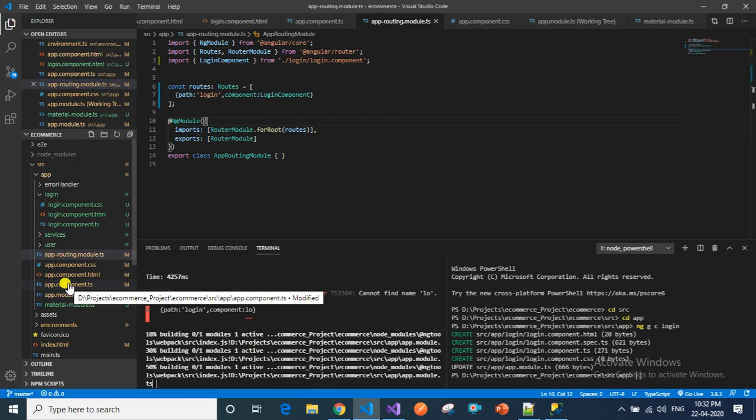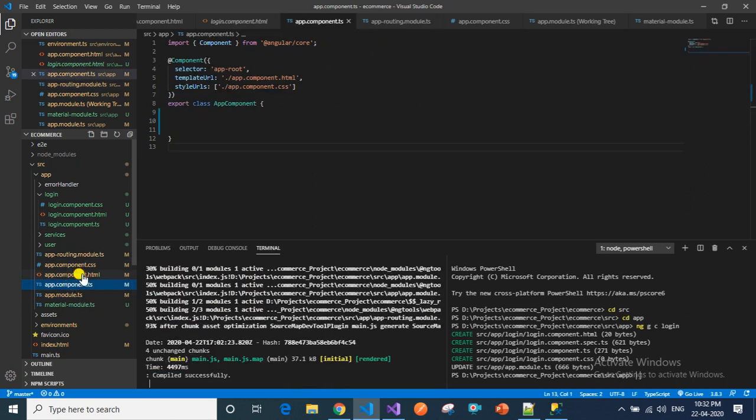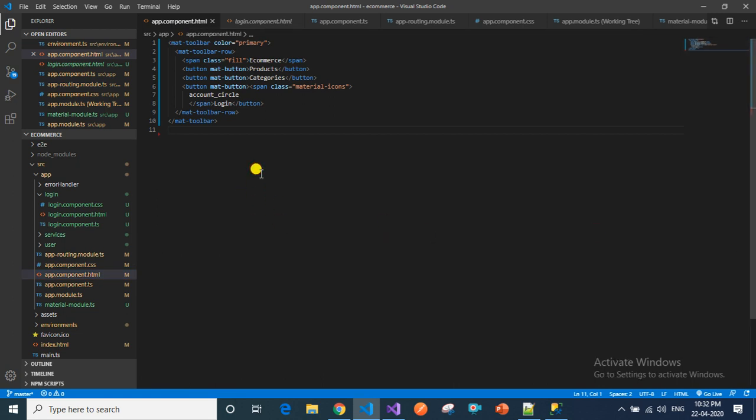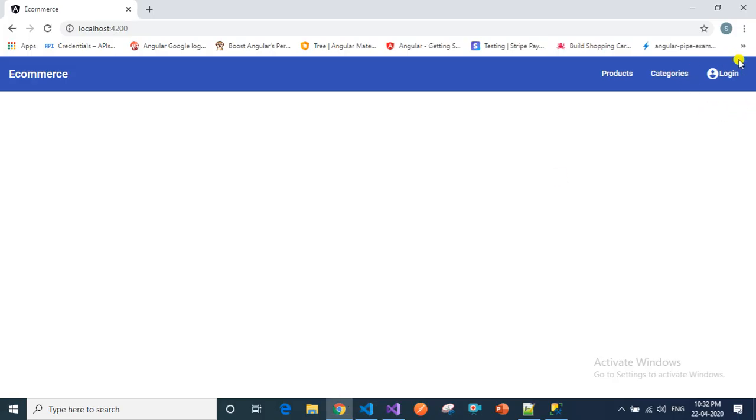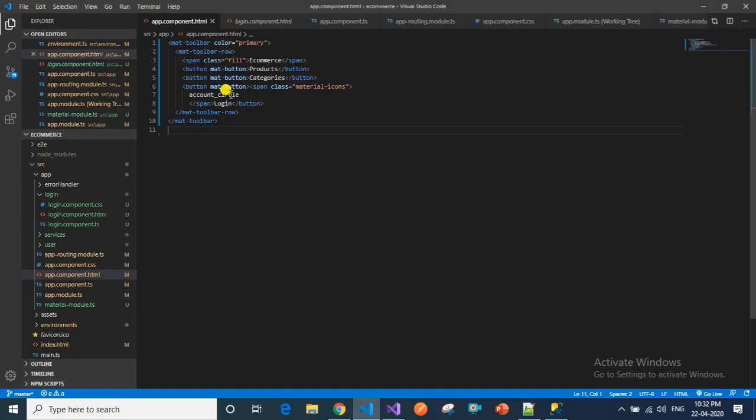Now we will move to app.component.html, and on button click, if the user clicks on login, then we have to go to the login component. Now we will create a method here, goToLogin. I'm explaining from scratch, so these are all basics